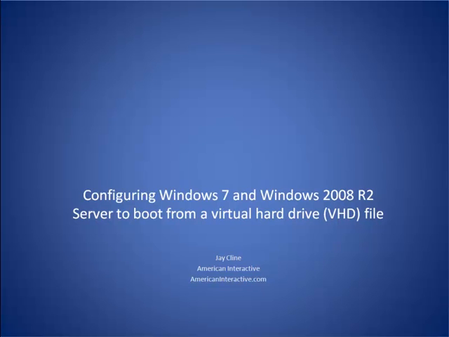What we're going to look at today is how to configure and set up an operating system such as Windows 7 or 2008 R2 to boot from a native VHD file. This is a new feature that was brought out with Windows 7 and 2008 R2. It's got a lot of advantages to it, so hopefully this will help you out and take a look at